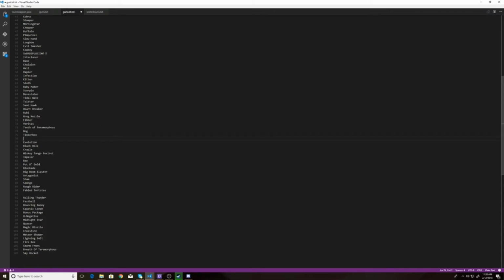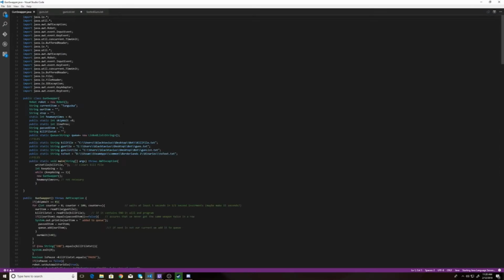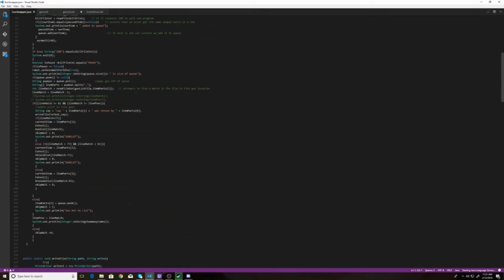So what that would do is it would shorten this list. If you wanted to get rid of the Lady Fist, you would have one less weapon. So what you would need to do is head over to Gunswapper and go to line... Alright, so the main lines you would be messing with are line 81,